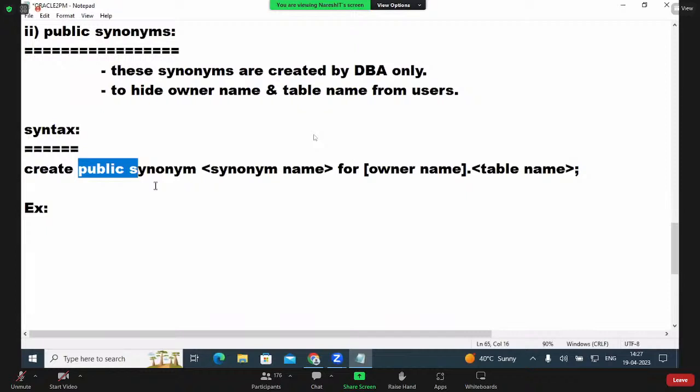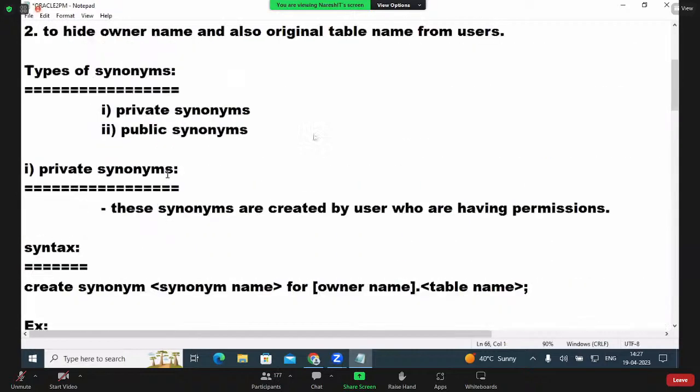When you want access, within the class only we can access. Out of the class, you cannot. So, previously, private synonyms. Private synonyms are created by users for their purpose. And these private synonyms, other users cannot use. That means,